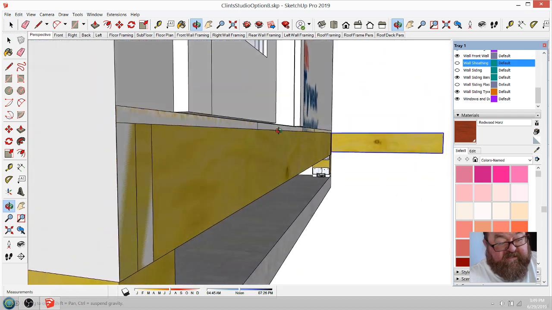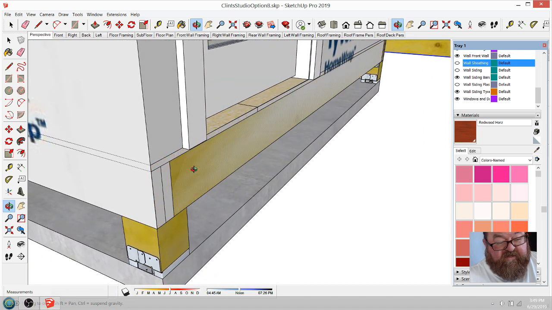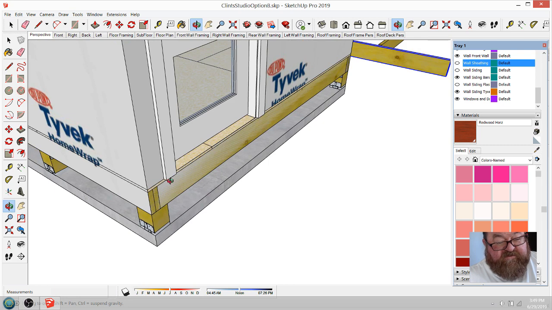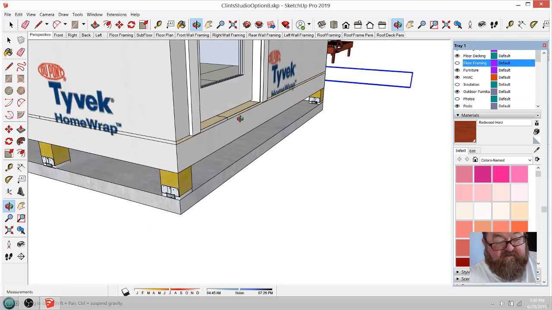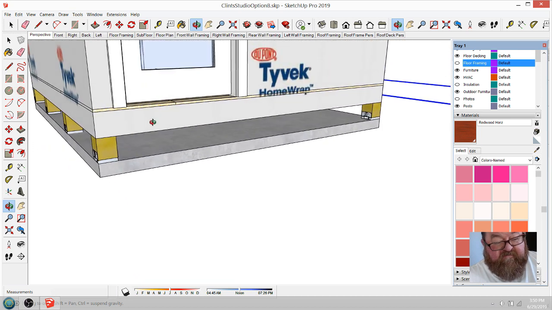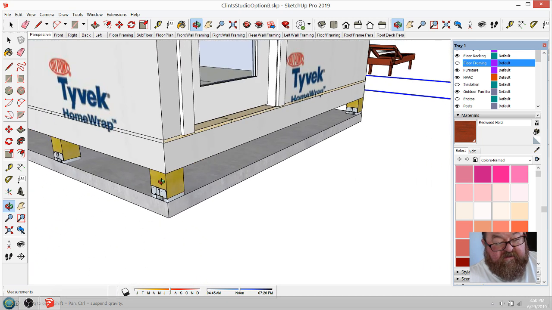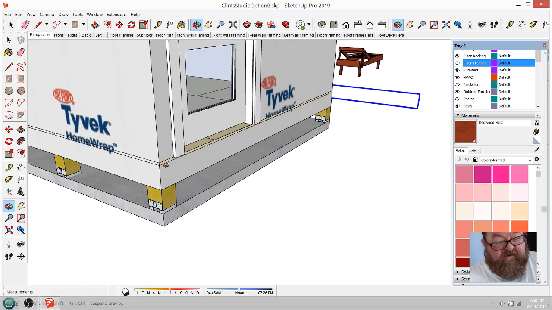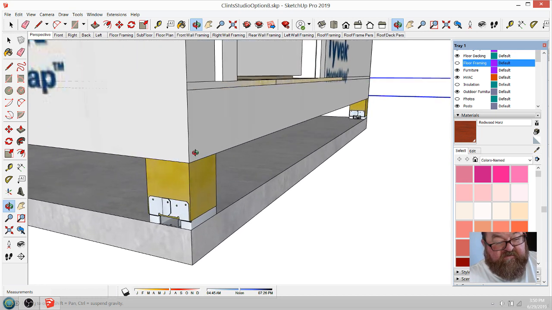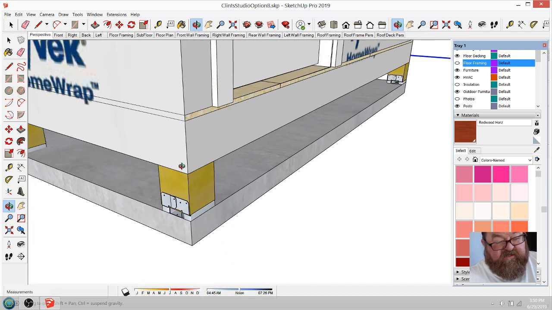Now, you can see this Tyvek, and this is kind of a flaw in SketchUp when you have surfaces behind surfaces, sometimes they bleed through. But if I were to turn off the floor framing, which I'm going to go ahead and do, you can see the Tyvek comes all the way down and actually laps over that. So it will come down as far as the siding. You don't want it sticking out obviously below the siding, so that's one thing to keep an eye on. Wherever you're going to stop the siding, you want to stop that Tyvek,